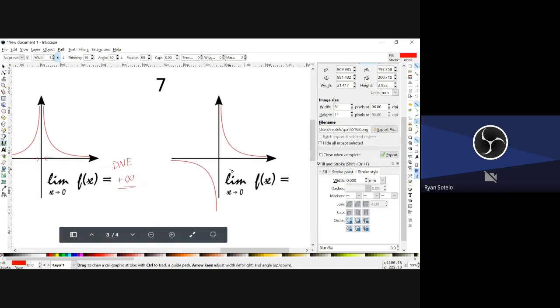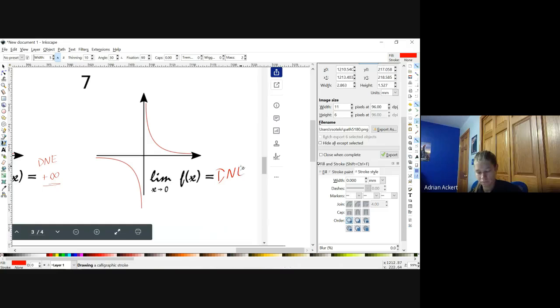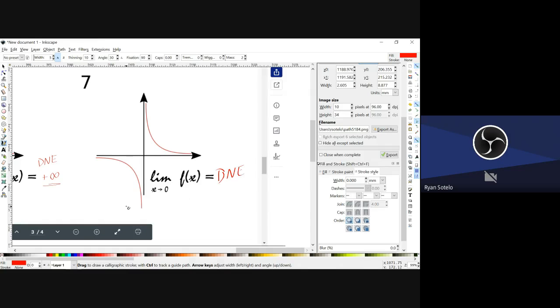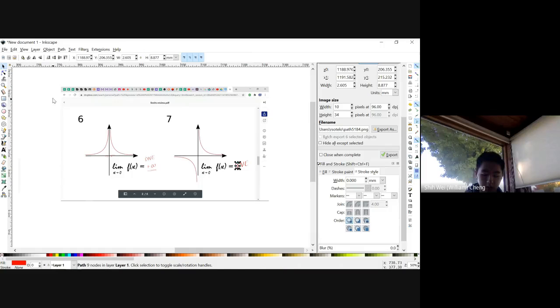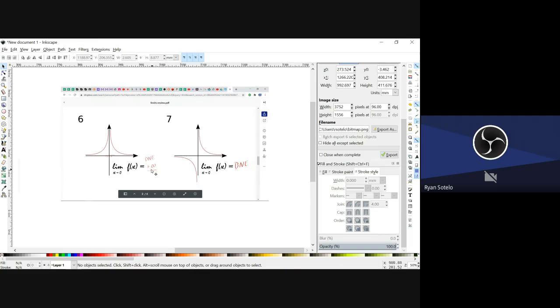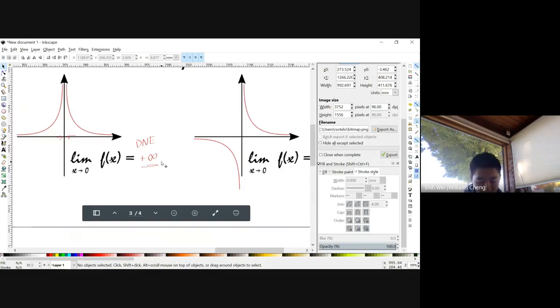For this one, the left-hand limit goes to negative infinity. The right-hand limit goes to positive infinity. So this one just simply does not exist. Great. Is that okay? Do you want us to write infinity if there is one? Yeah. If they agree, it's better to just write positive infinity. Just understand that means there is no limit. There's no number where it stops. So technically, that's not a limit. It's just describing the behavior. Okay. It's explosive.